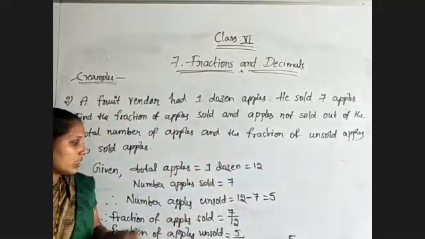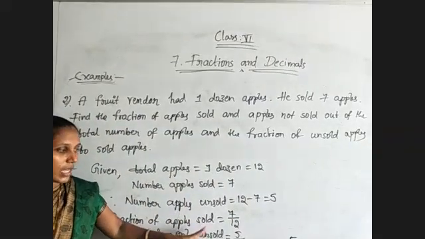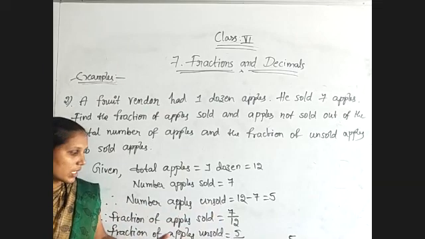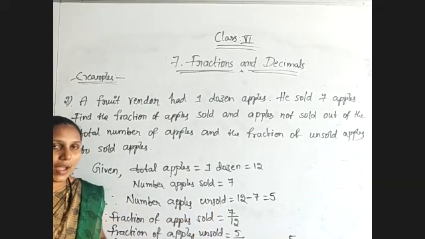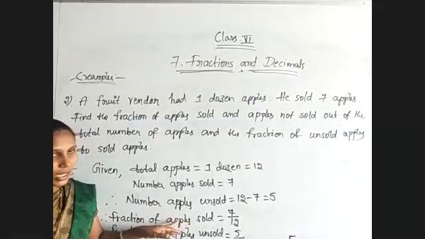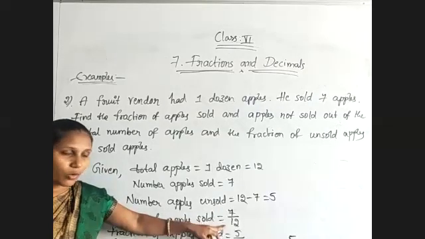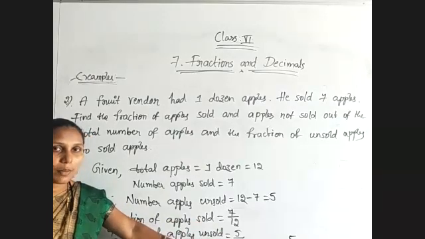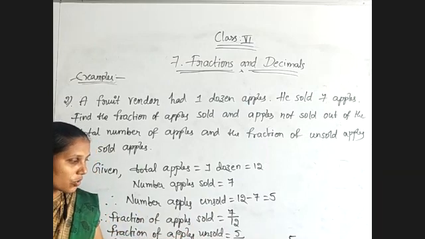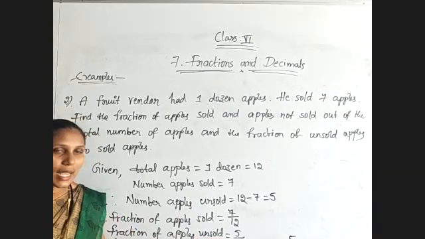Once again, observe here, sold apples means he already sold them to another person. Out of 12 he sold 7 apples. So the remaining apples were left with him only. That means unsold apples are 5 out of 12. So the fractions they are asking depend upon the total number of fruits. First fraction, sold apples to the total number of apples is 7 out of 12. And unsold apples to the total number of apples is 5 out of 12. And the last fraction they are asking is between unsold apples and sold apples. Unsold apples were 5 out of 7, where 7 is sold apples. Okay.